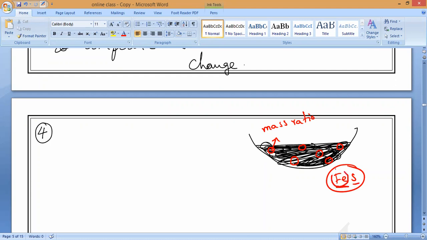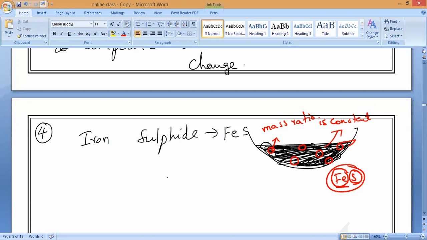Iron symbol is Fe, remember that, and sulfur is S. Everywhere is it constant? The mass ratio is always constant, because it is iron sulfide only. That is our fourth point. So if we take the mass ratio, what is the iron sulfide formula? What is that? FeS. So let us